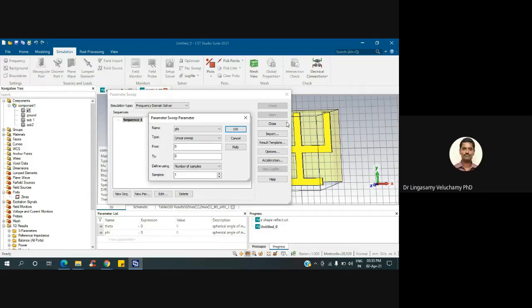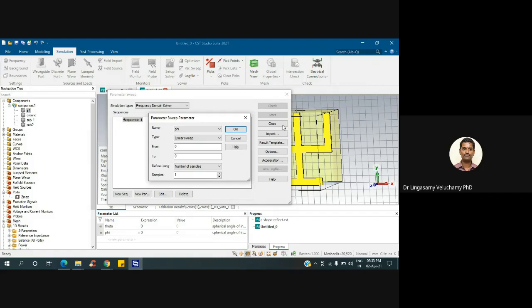So whatever parameter I have given, if you are giving, for example, length is 5 mm and width is 2.5 mm, then you take length as L, L is equal to 5, and width you divide by L by 3 or L by 2, whatever it may be. So all the parameters should be in terms of L. Then you can do the parametric sweep here.